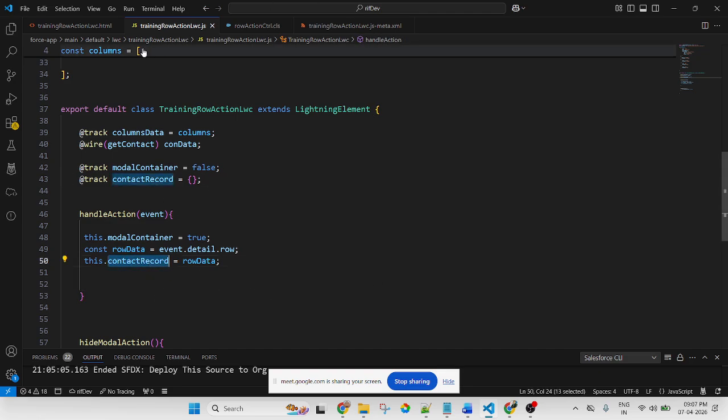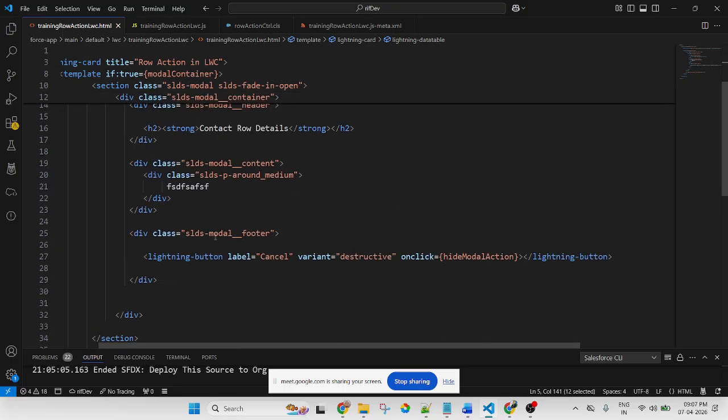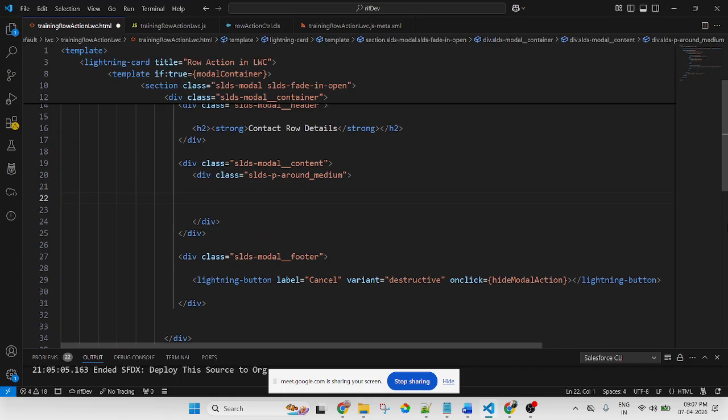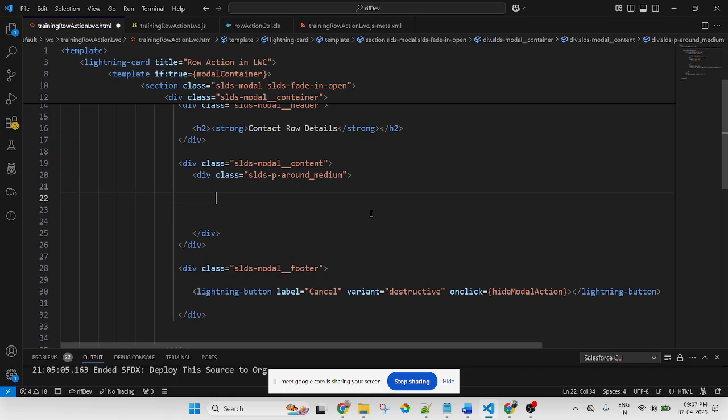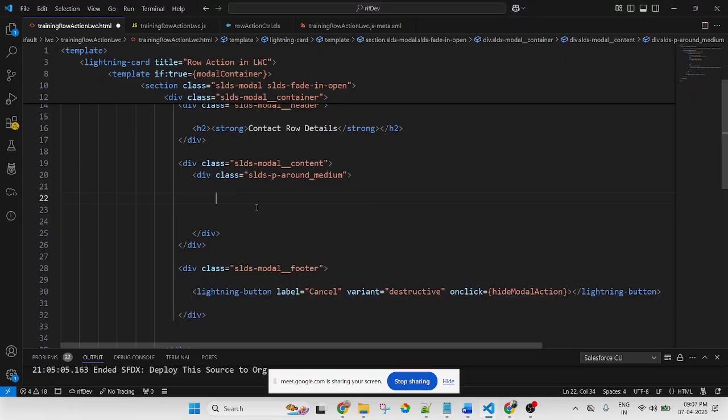Now I will call it inside the pop-up. Right now I am displaying dummy data, so I am removing this. Here I want to display it in a table format, not like this normal format: first name, last name, email, so that we can find the data exactly. So first of all, we need to create a table.